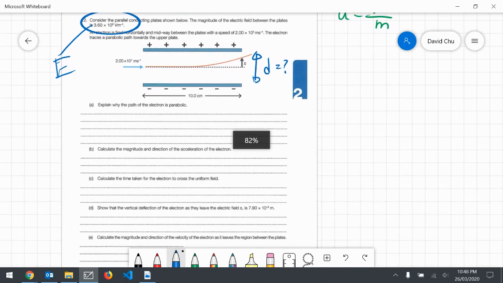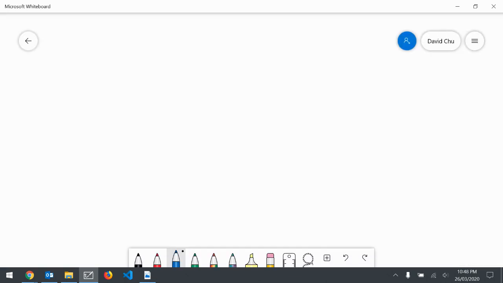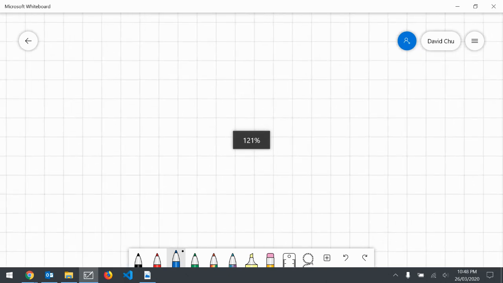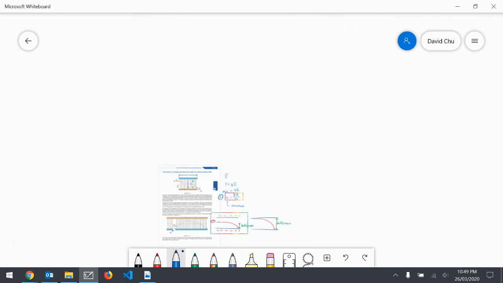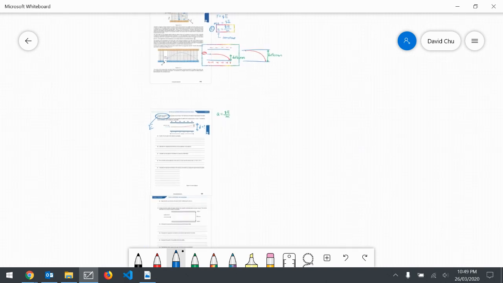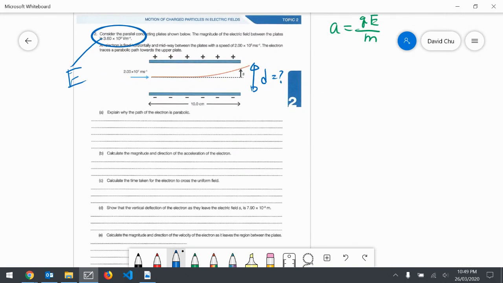Explain why the path is parabolic. I'm just going to explain it. It's parabolic because it's a parabola, of course, but more specifically, we know that there is now an acceleration towards that plate there, then in the presence of that, and assuming the initial vertical velocity